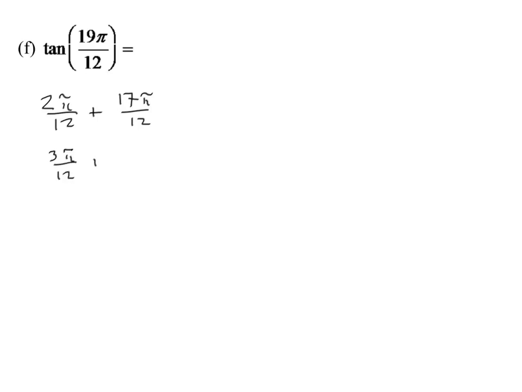So next I tried 3 pi over 12 and 6 pi over 12. This is good because I can simplify this one and I can simplify this one. And when I do simplify those, this is what it looks like. I get 4 pi over 3 right here, and then over here I get pi over 4. And those two angles are both inside my unit circle. So that's one way you guys can sit and try to figure out how to split up the angle inside